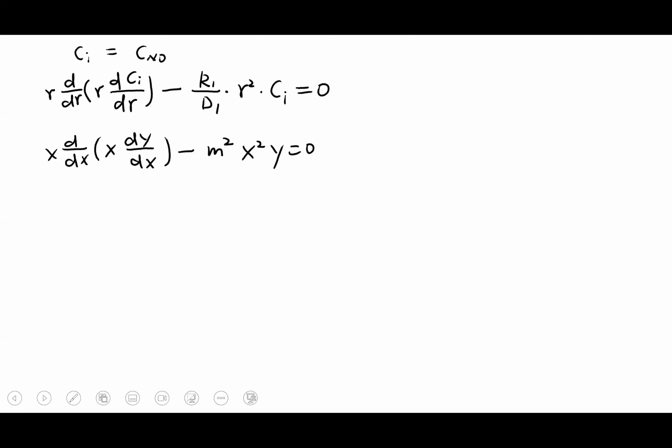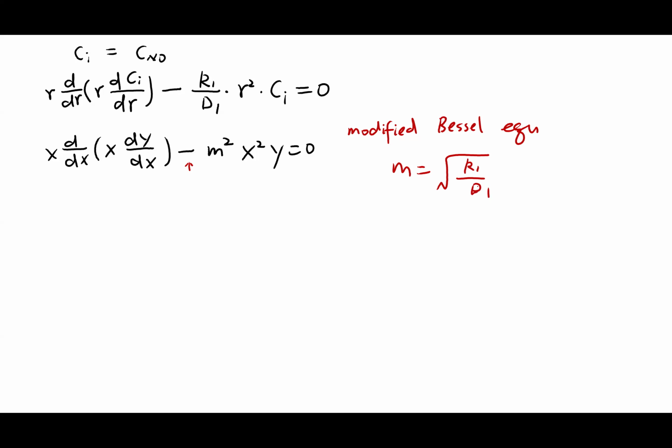Clearly, what you can see here is because this is negative, then this is a modified Bessel equation, okay? And then clearly m is equal to the square root of k1 over D1. So for an equation like this, the general solution